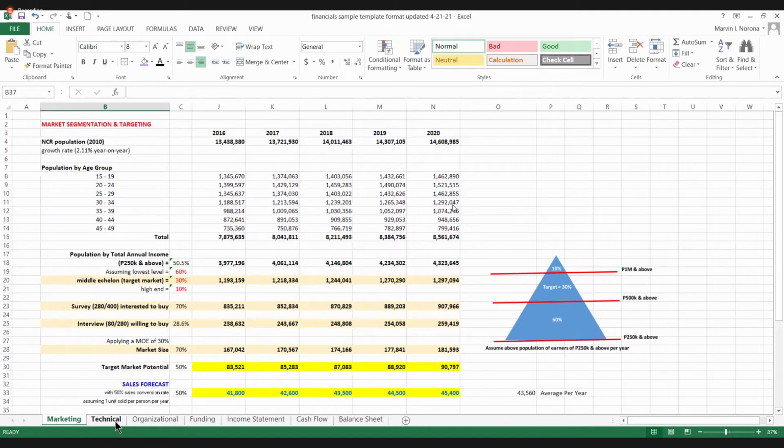Marketing, technical, organizational, funding, profit and loss statement or income statement, cash flow statement, and balance sheet. Okay. So, doon sa marketing, sinama ko na yung discussion ng market segmentation and targeting. Okay. Na ang dulo niya,